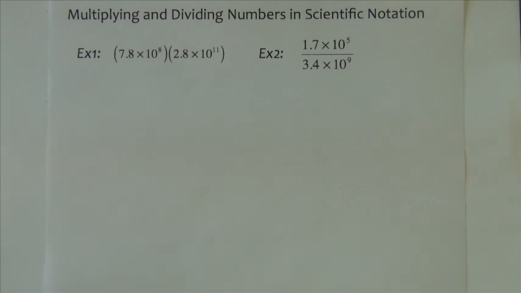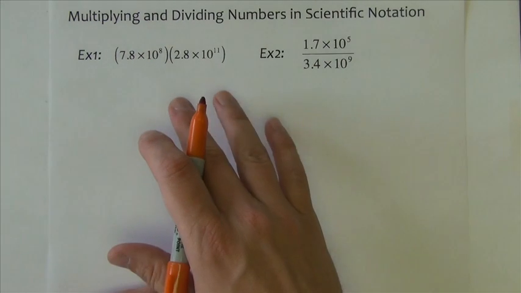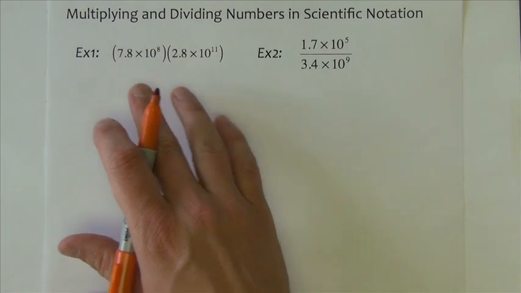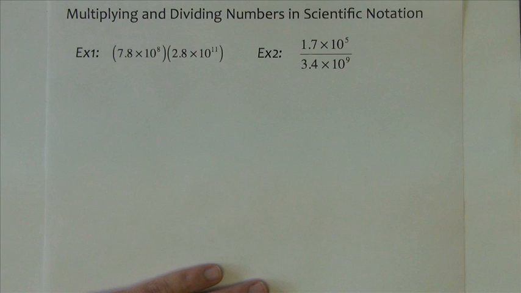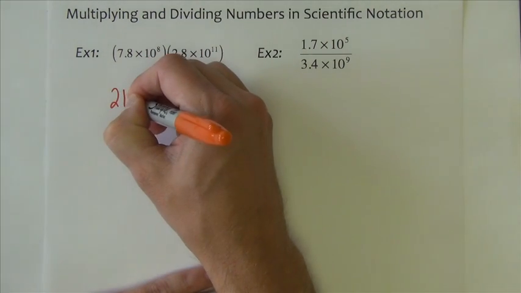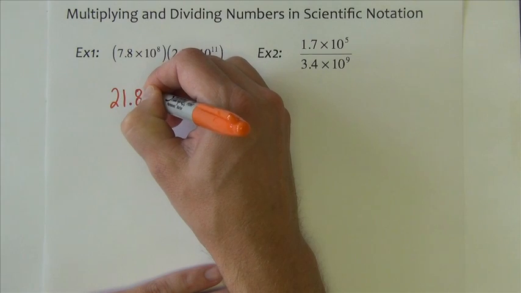Now, working in scientific notation, and combining the properties of exponents that we have, gives us ways to do computations with these really big numbers or really small numbers, but do them very easily. This first example is a product, 7.8 times 2.8. I'm going to begin by multiplying those together. 7.8 times 2.8 is 21.84